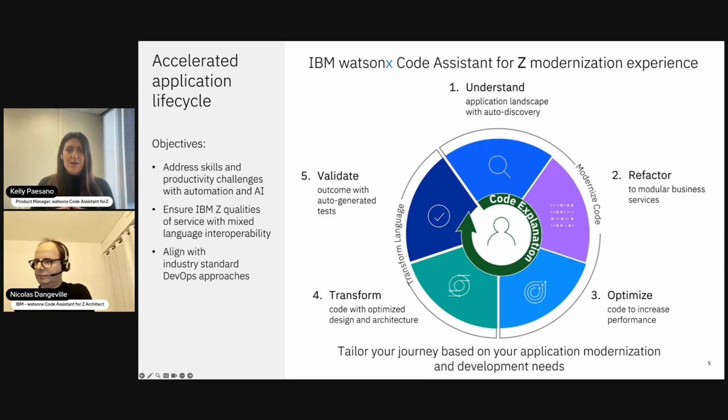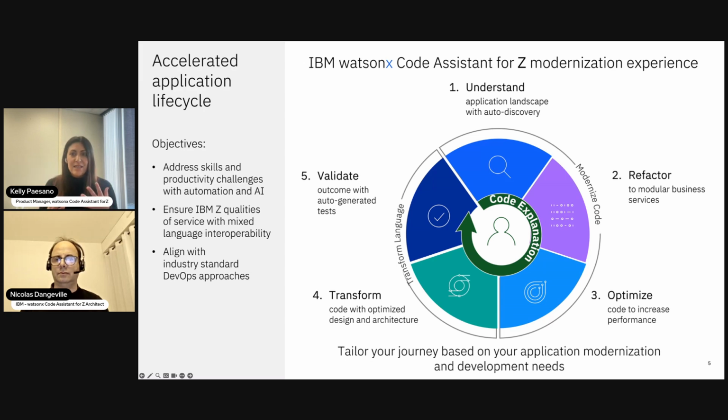So our refactoring capability brings in static and dynamic analysis into your IDE to help developers extract code into modular business services. So a smaller thing to modernize and work on instead of that monolithic application. This capability also automates the code slicing process, improving accuracy and reducing the developer time and skill required.